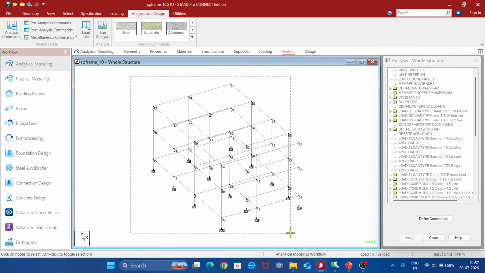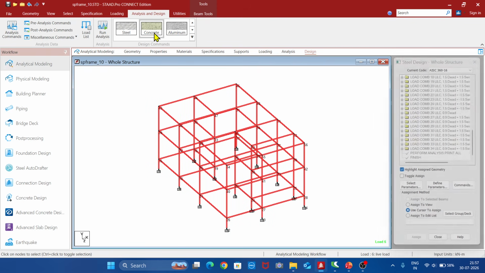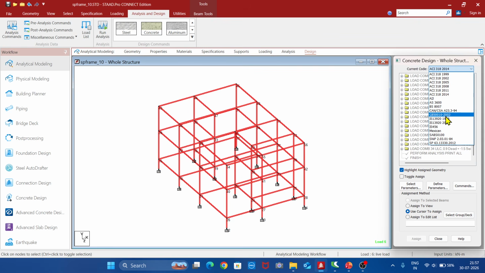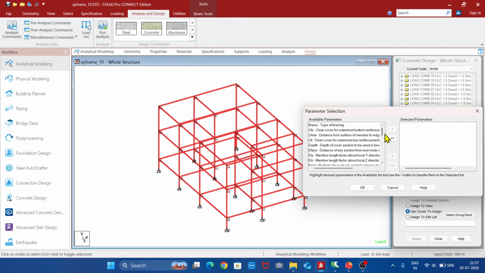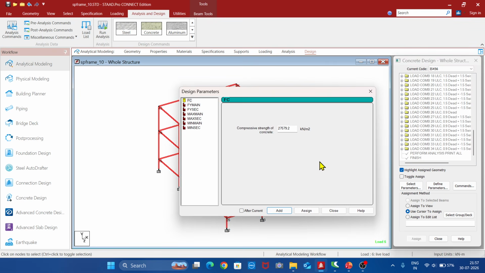Then select everything, go to design, select concrete, select the code IS 456, select the parameters, bring all the parameters this side. So you'll be having FC, press Ctrl, FY main, FY secondary, maximum main, maximum secondary, then minimum main, minimum secondary, bring this side, click OK, define parameters, say let the grade of concrete be